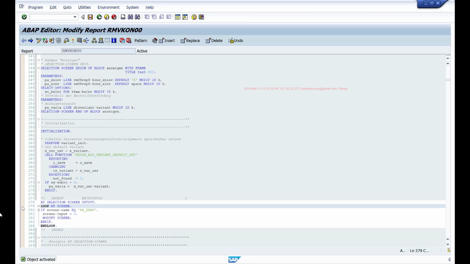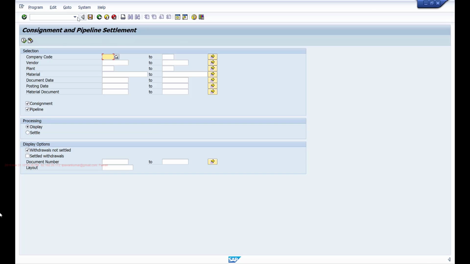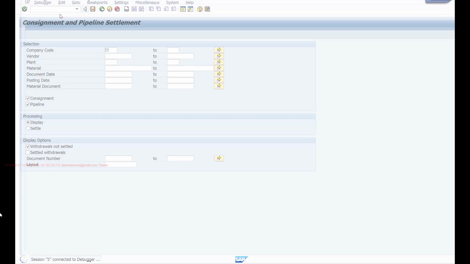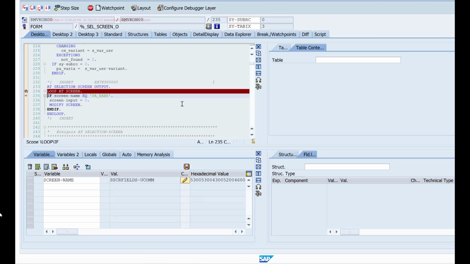I'll keep a breakpoint here just to show you. Now if I run this transaction, before the selection screen is displayed, it is calling my code that I have written, and here I'm checking if the screen field is this radio button.